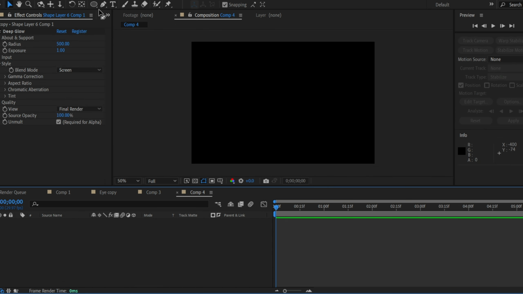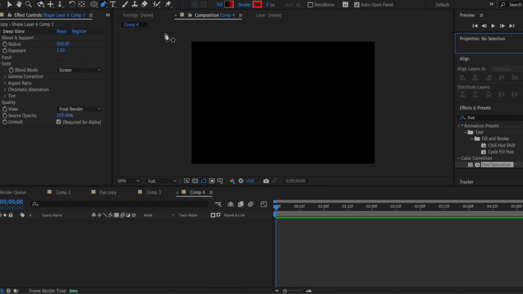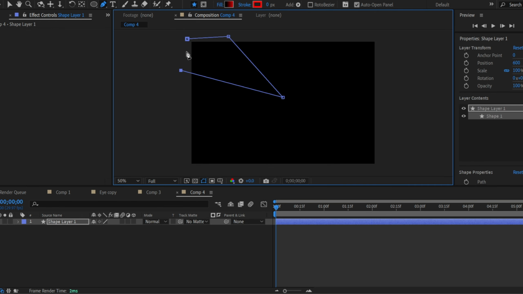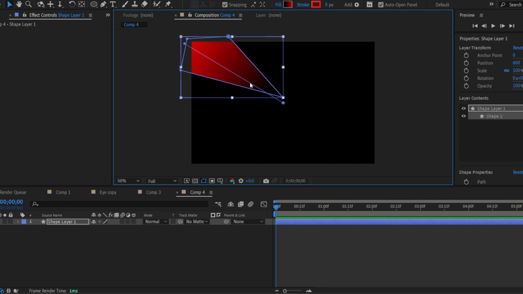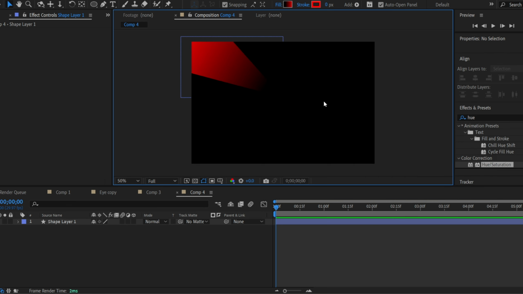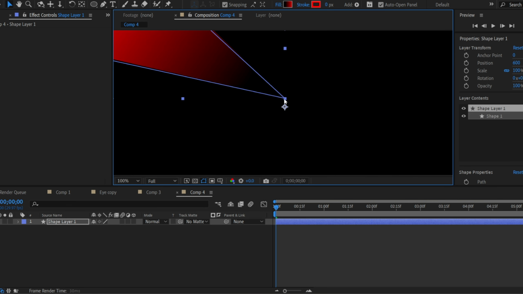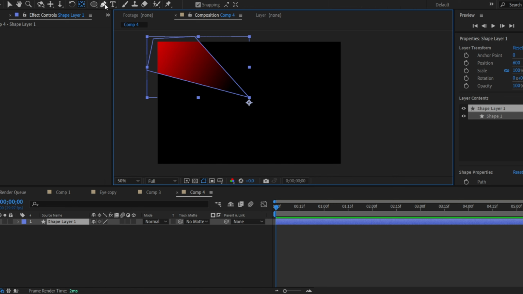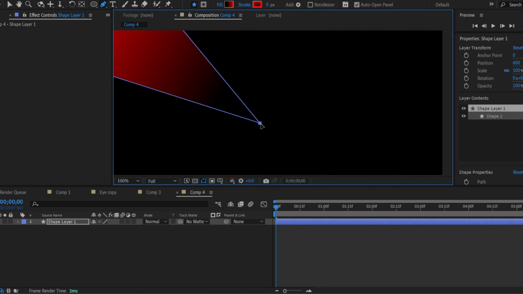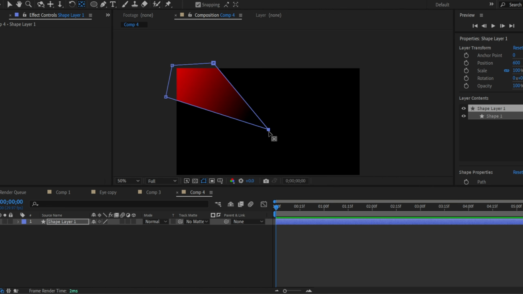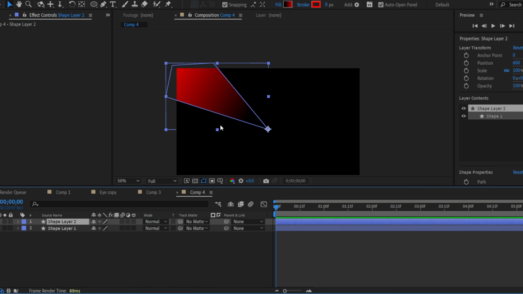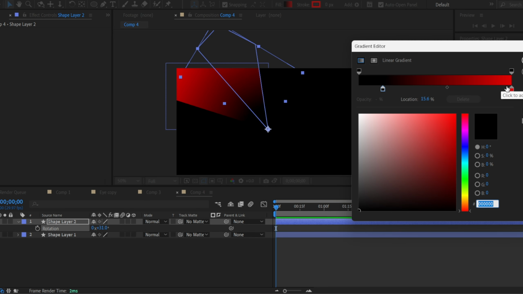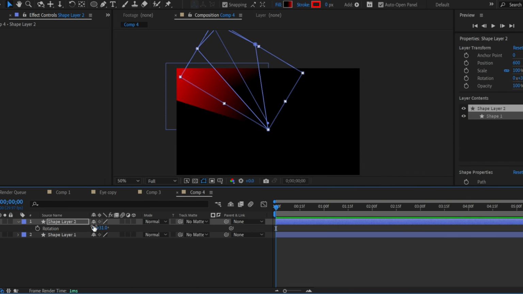Okay guys, now let's create the background for our eye. I'm making it in the same style we did it for our eye parts, our eye shapes. So let it be something like this. I want to select the pen tool and connect it to the anchor point here. So guys, we can duplicate it, make the rotation for it, and just make it this way. So I'm just duplicating,